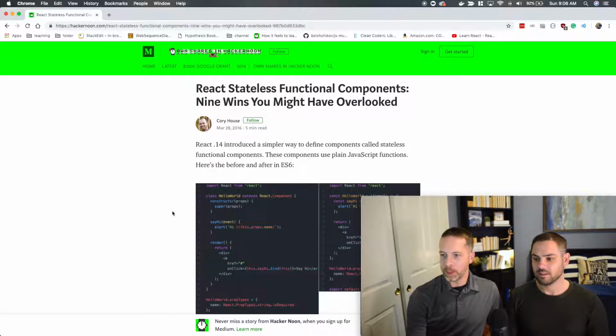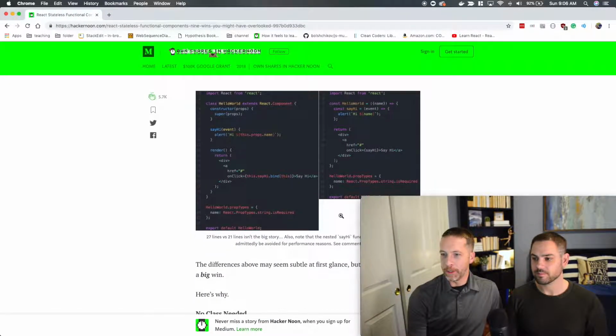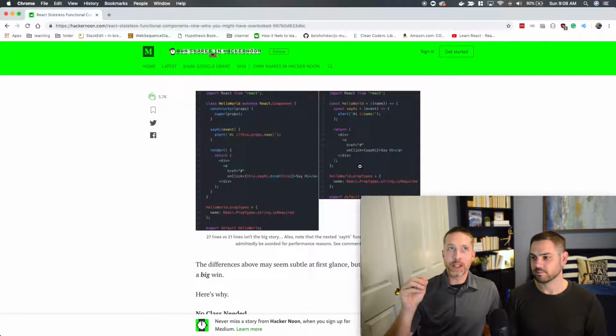And I'll try in the video to zoom in on a few of these just to show what it looks like. I mean, this is a pretty good example over here on the right. It's not even showing a property. It's just a super simple thing with one click handler. But how would you test the output of that? And that's a big assumption right there.